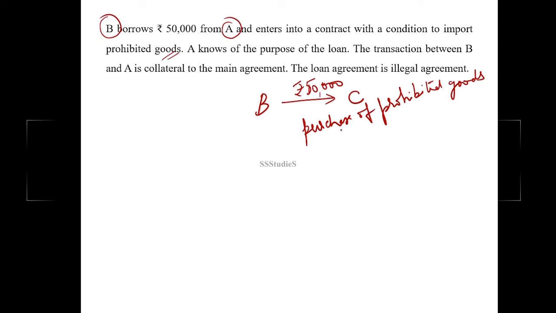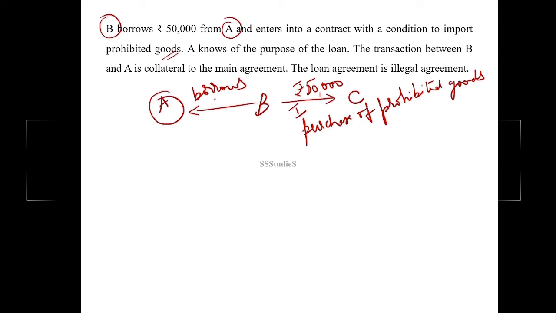And the amount that he requires for purchasing these prohibited goods is rupees 50,000, which he does not have. As such, he goes to A and borrows the money from A. A already knows the reason behind B borrowing this money. He knows that B is borrowing this money to purchase the prohibited goods. In this case, the first contract between B and C is anyways illegal, but the collateral transaction